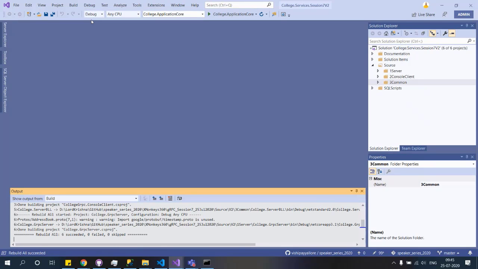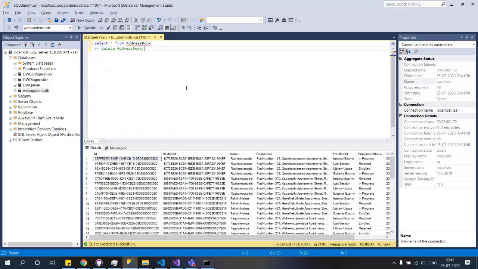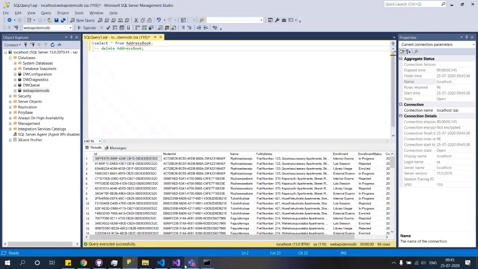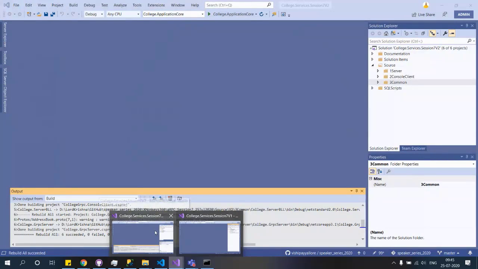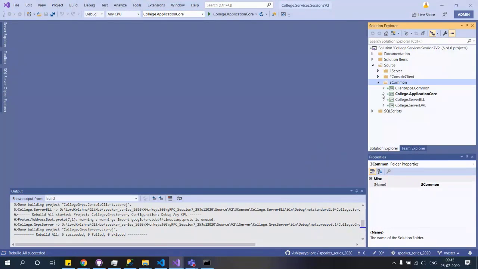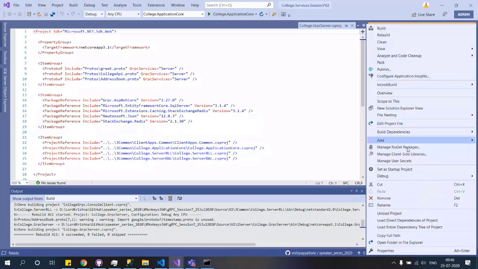Cool. So how many records do we have on the server side? We have 96 rows. Ooh, we have quite a few rows. Okay, so we can create this step by step. We are in V2. Yes, we are in V2. Now, today the mouse is troubling me. Okay, we are in V2, and let's go to this common project, and actually, this should be the one which it should be executing.